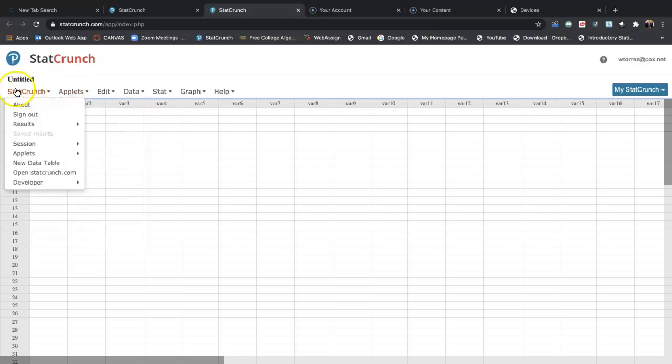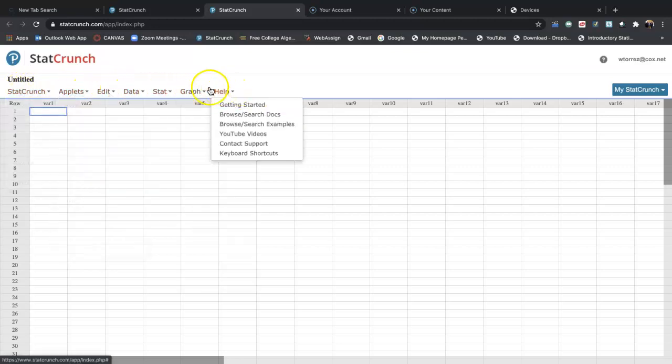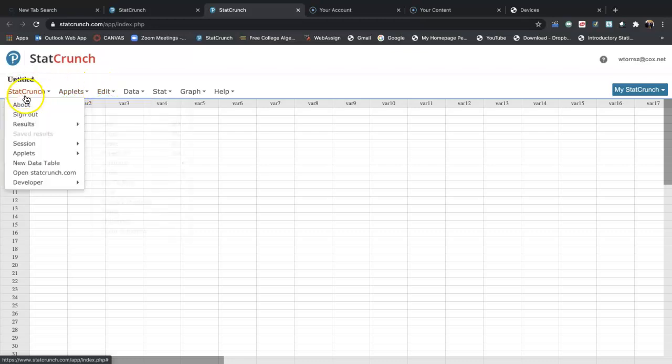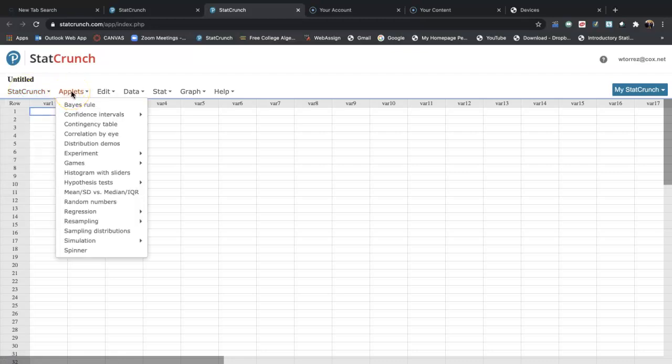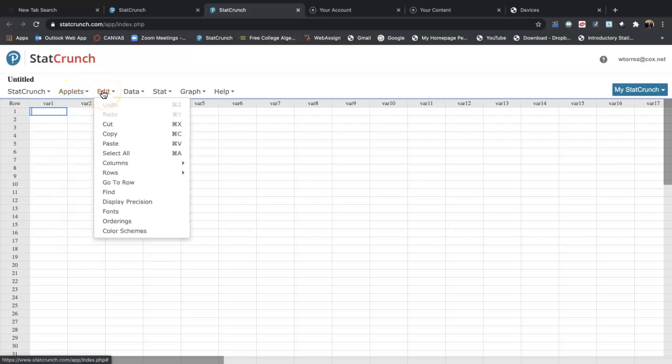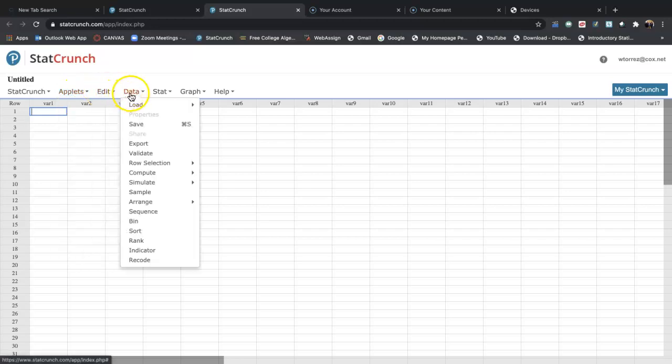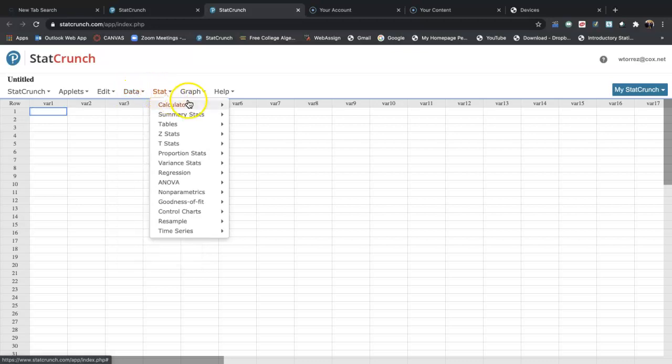So up here in our title ribbon here, notice that we've got a number of super functions. And if we mouse over those functions, you'll see a list pop up, right? Okay. And I want to focus in on 2 lists here. Actually 3 lists. Let's look at the stat list first. And here you see many different subfunctions. And as I mouse over the subfunctions, you get another list nested,